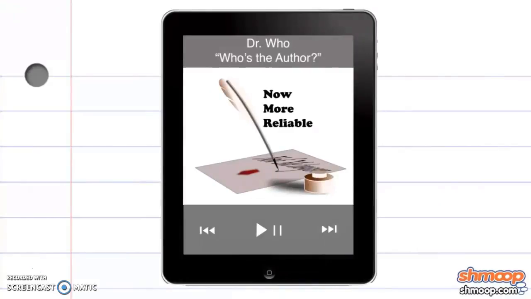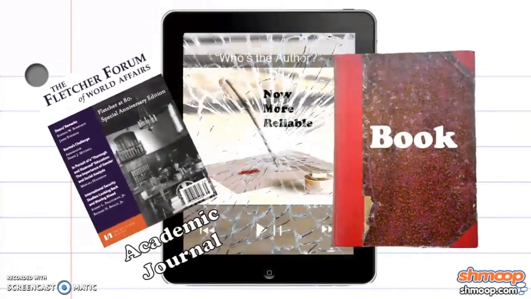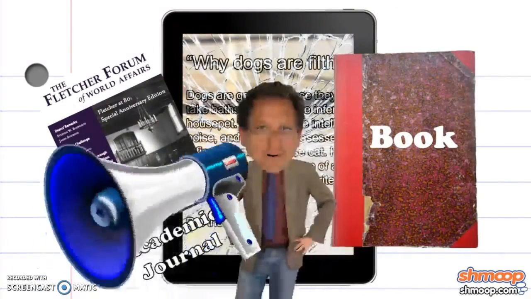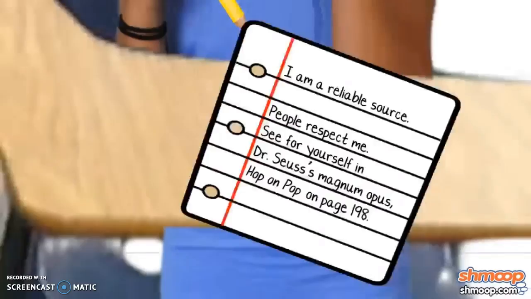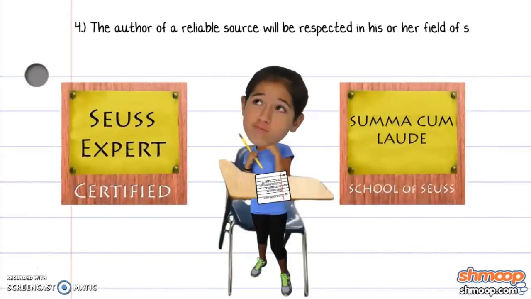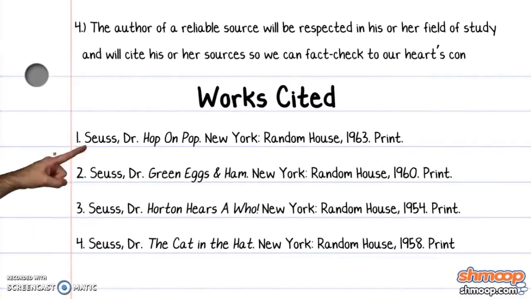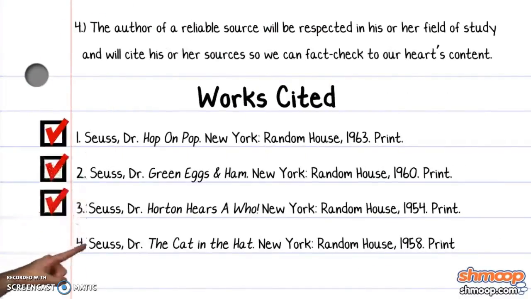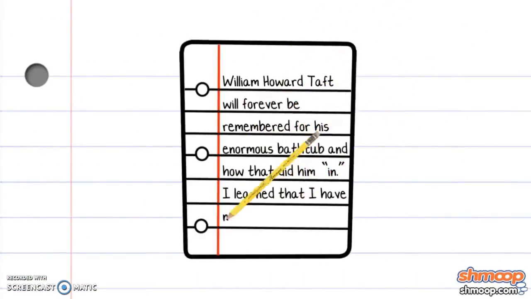Whether the source we're interested in is a book, a piece in an academic journal, or an article taken off the internet, we have to ask, who's the author? Well, the author of a reliable source will be respected in his or her field of study and will cite his or her sources so we can fact check to our heart's content. For example, if we're writing an essay about President William Howard Taft and his enormous bathtub,